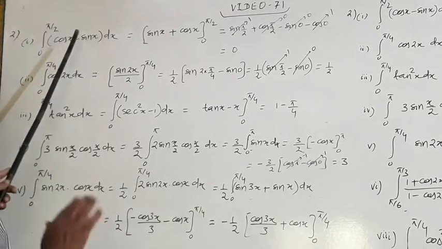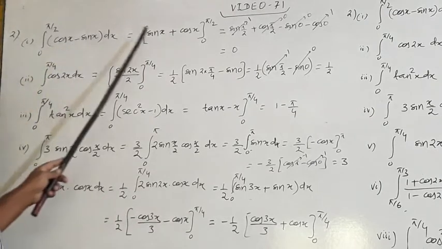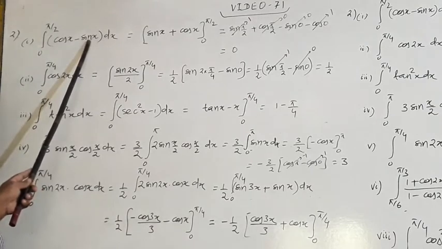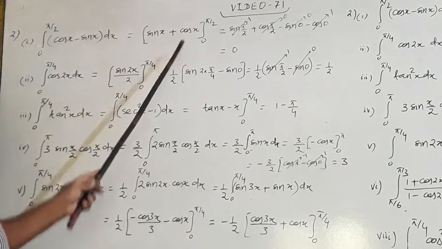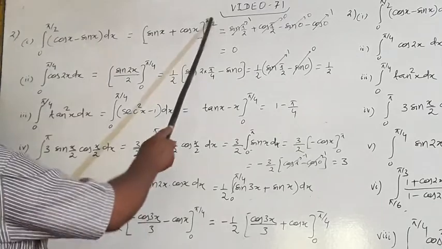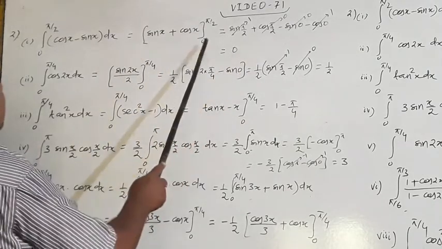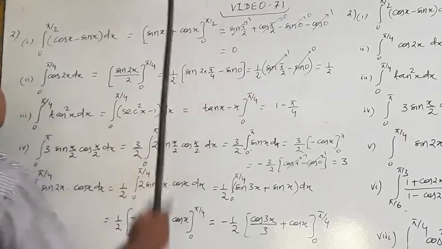First integrate partly. Cos x का इंटीग्रेशन sin x है. sin x का इंटीग्रेशन कितना होगा? माइनस cos x होगा. इसलिए ये माइनस माइनस cos x प्लस हो गया, 0 to pi by 2. Then put the values. First put the upper limits. Then put the lower limits and get the answer.